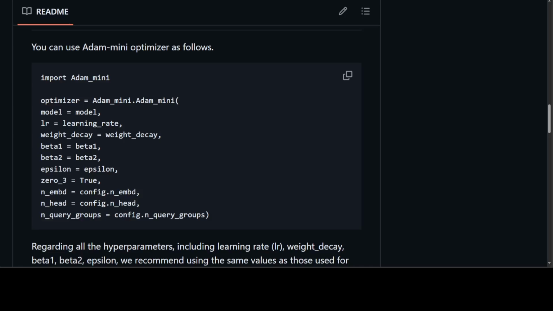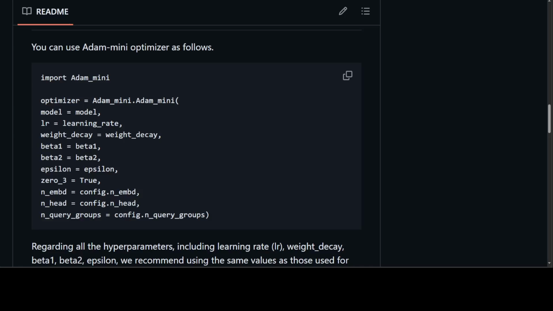And then we have weight decay, which is an L2 regularization strength, and that adds a penalty term to the loss to prevent larger weights. And then we have defined beta 1 and beta 2, which are the hyperparameters for Adam Mini's adaptive learning rate algorithm. Beta 1, the default value is 0.9. It is the exponential decay rate for the first moment, the mean of the gradient. And beta 2's default value is 0.999, and that is the exponential decay rate for the second moment, or v, the variance of the gradient. And then we have epsilon, which is a small value added for numerical stability, and that avoids